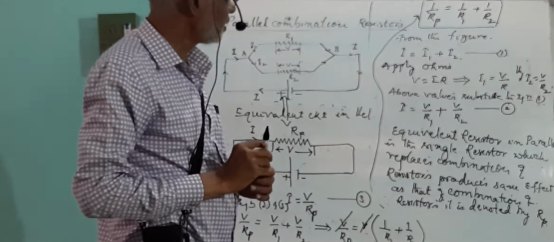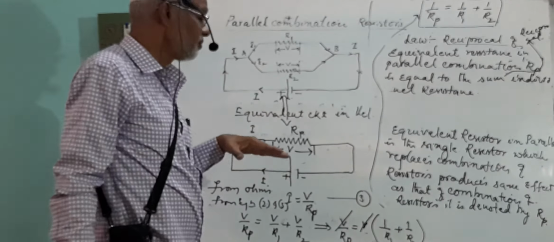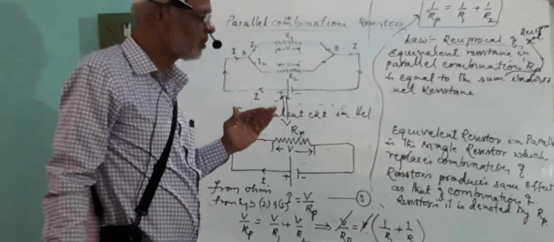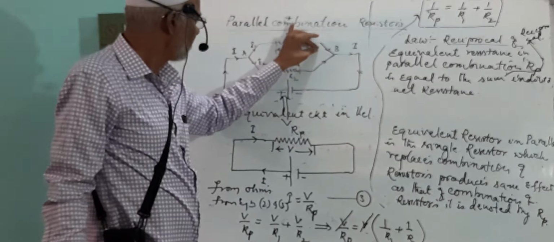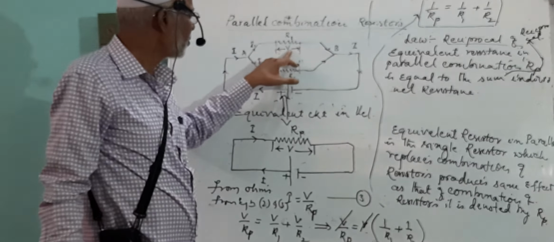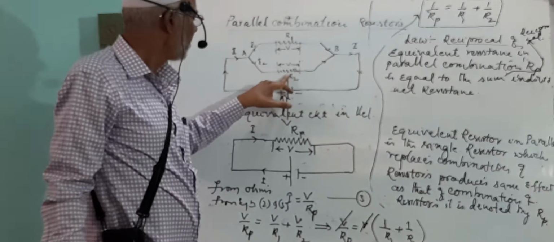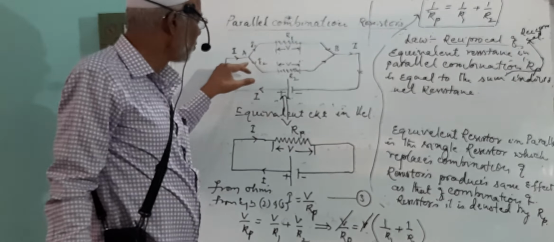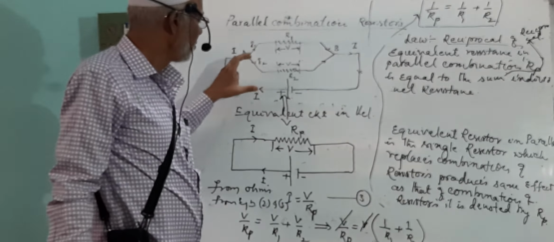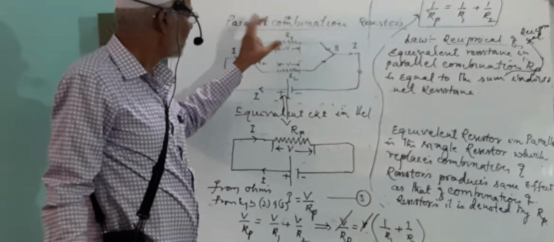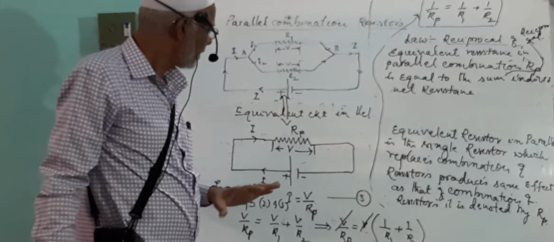Apart from that, on the basis of the design of the circuit diagram also, you can write one more difference. You may be asked to write the difference between series and parallel combination of resistors, any three or any two differences. As I said, in a series combination, the current remains the same. In a parallel combination, the voltage will be the same. In a parallel combination, the current is going to divide or split into branches; the main current is divided into branches. Whereas in a series combination, the potential difference is going to change. These are the basic differences.